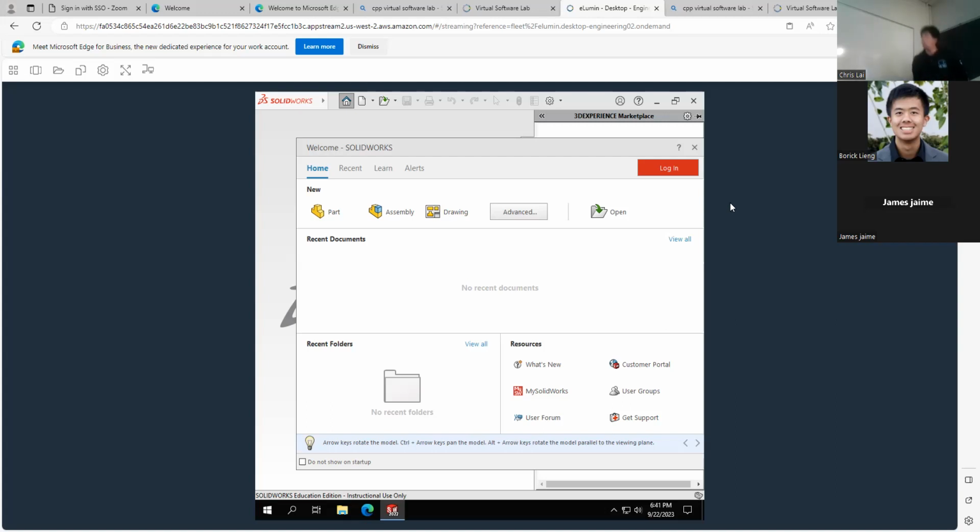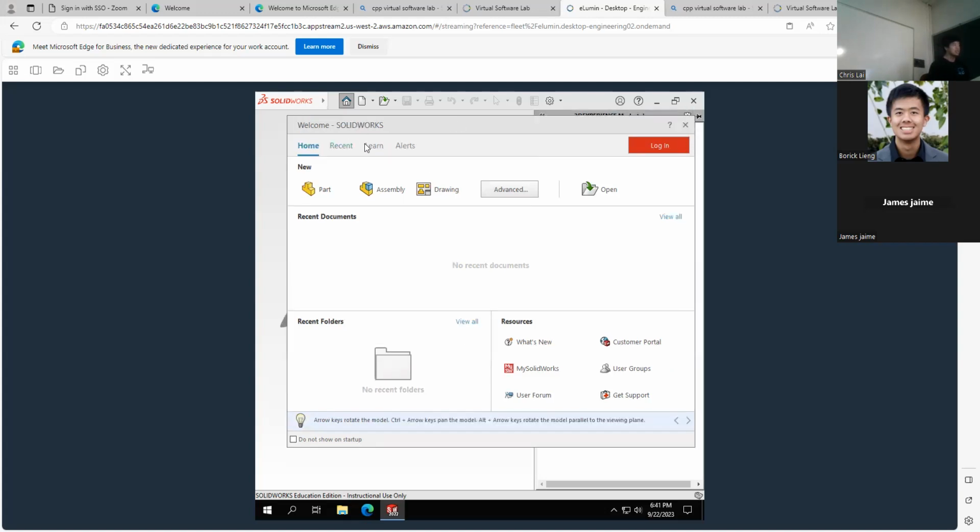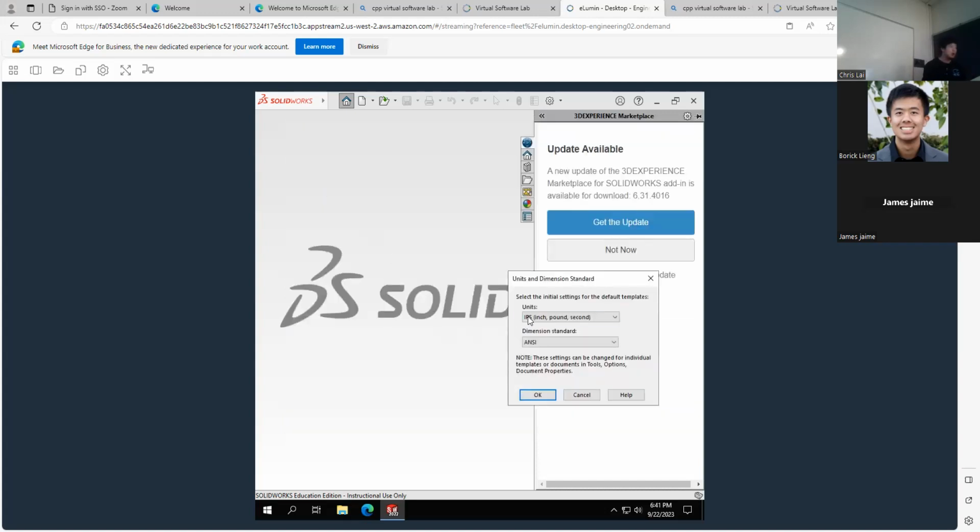Alright. Once you open SolidWorks, you should get a screen that looks like this. And then there's three parts to 3D modeling, right? There's making your part, making the assembly, which is putting a bunch of parts together, or making a drawing, which is essentially saying how a manufacturer would make the part itself. But we're just focusing on making a part today. We're going to go through the pure basics. So if you click part,